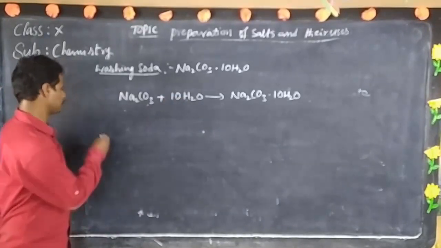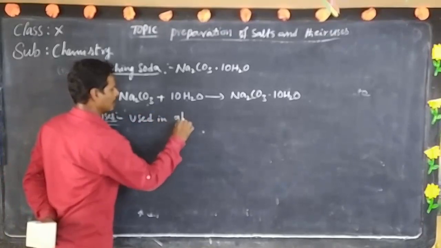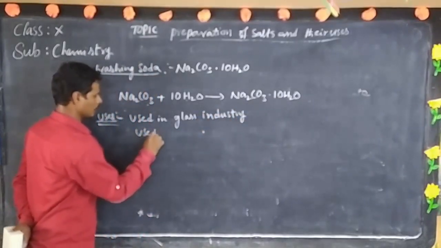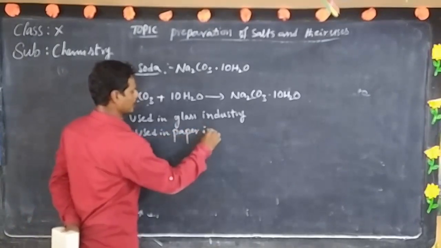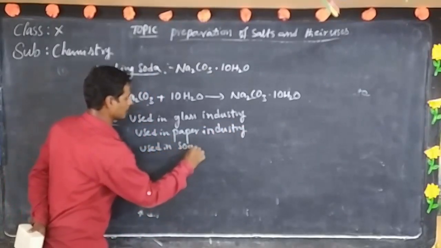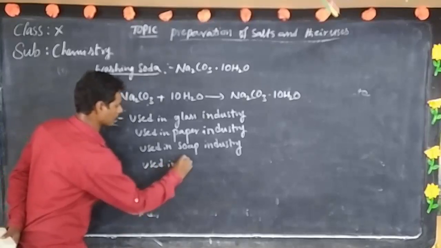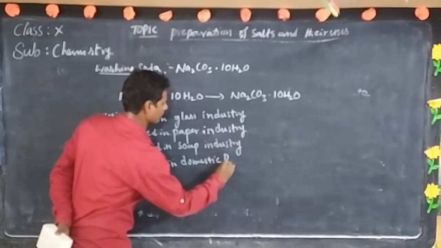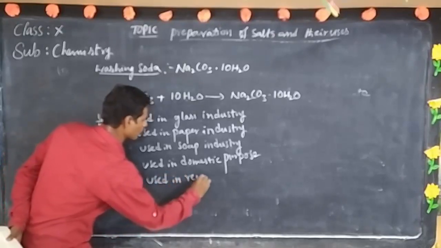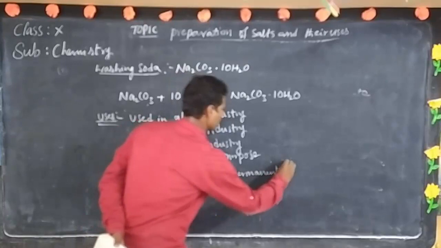What are the uses of washing soda? Uses: used in glass industry, used in paper industry, used in soap industry, used in domestic purpose, used in removing permanent hardness of water,